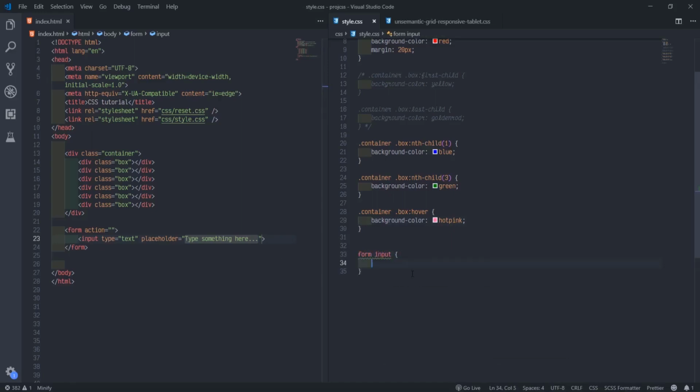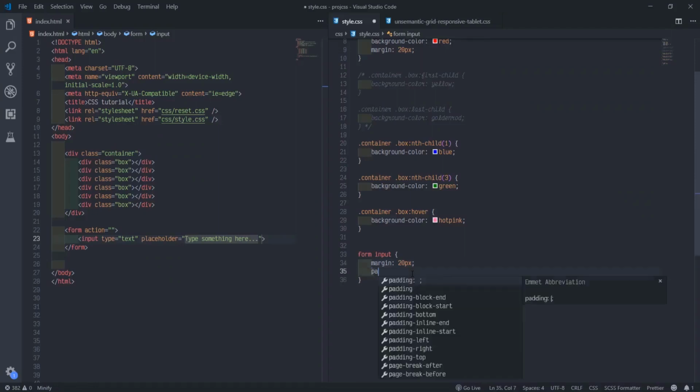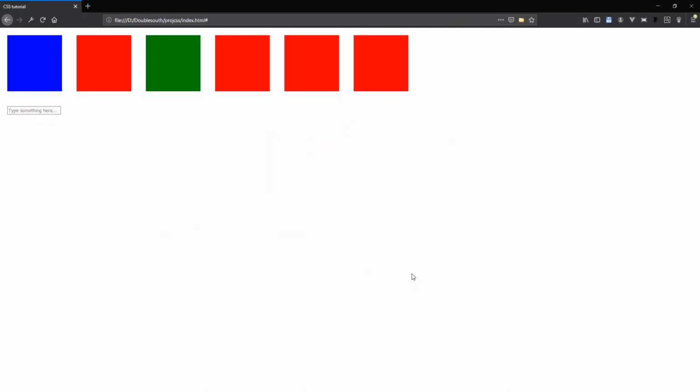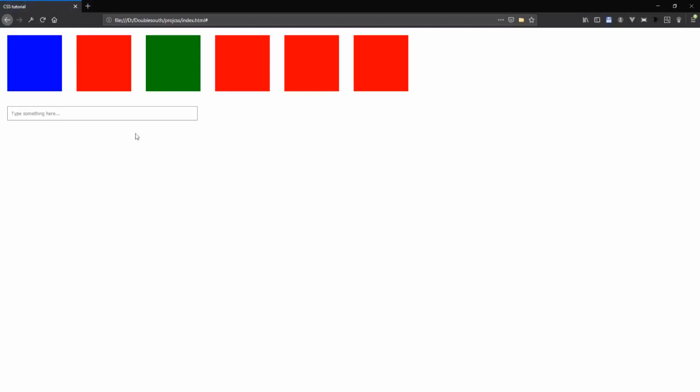For the input, we'll give a margin of like 20 pixels so that when I come outside, you see, they must make them big. So I'll say padding, maybe padding like 10 pixels. They must change the width. The width to like which one is good? More like 500 pixels. I think it goes a long way. Alright, so the same, I think, come here now. Type it on, type as I like now.